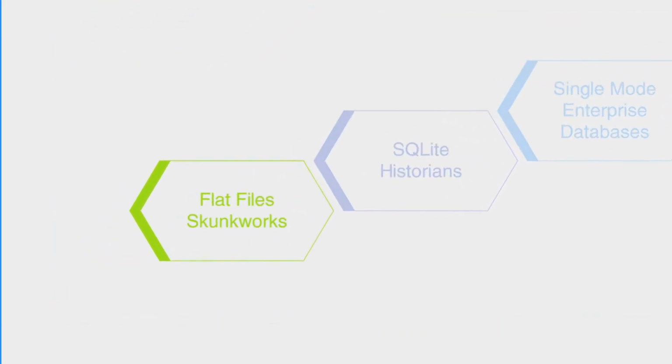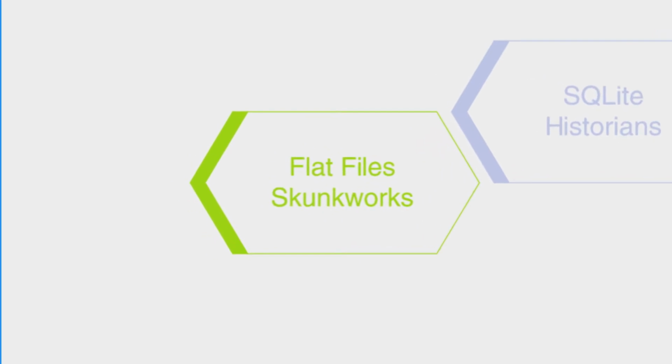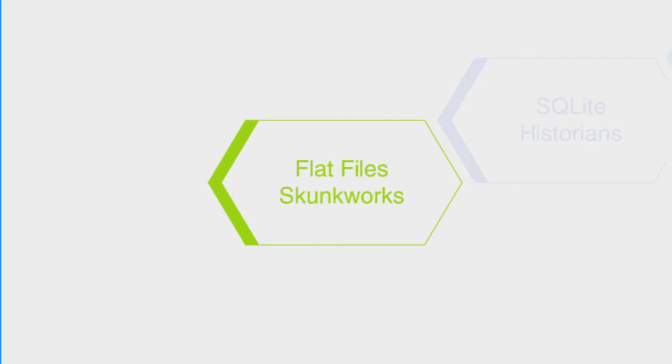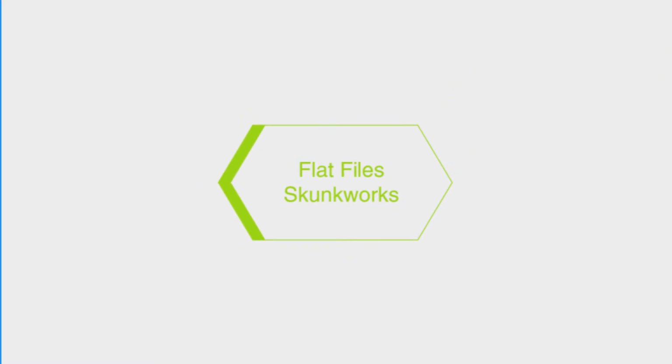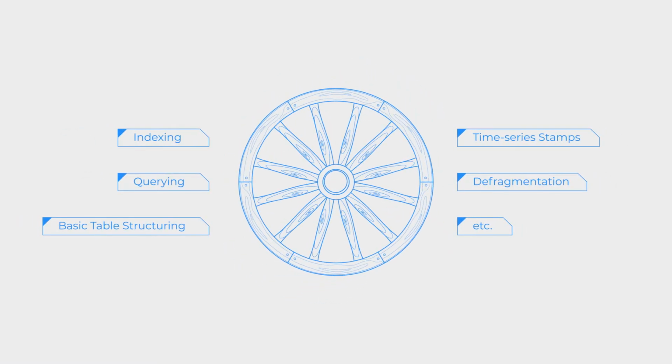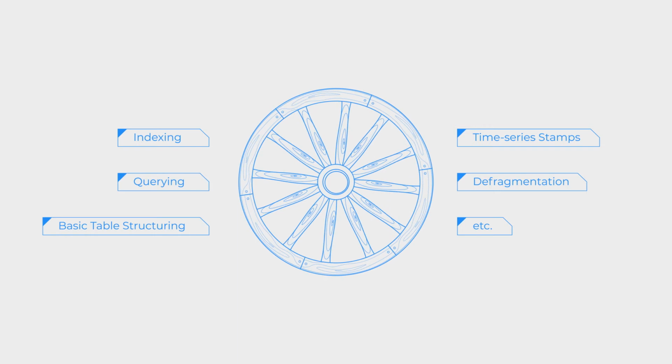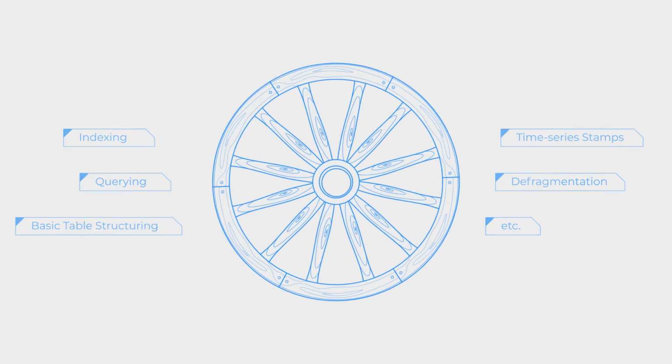At the lowest level on the curve, flat and indexed file systems are the lowest common denominator for development. Ubiquitous because they come for free with the operating system and therefore cost nothing and are well understood by developers. Unfortunately, they also force developers to reinvent the wheel and spend time building functionality easily purchased off the shelf.